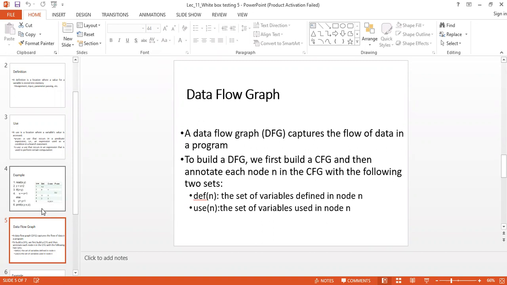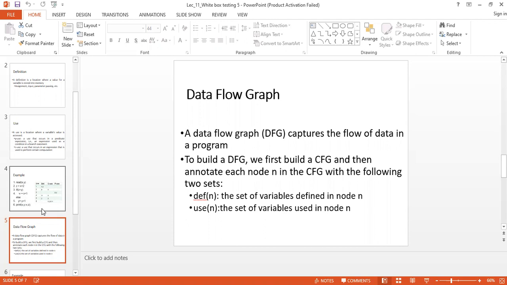So in order to develop a data flow graph, you have to develop a control flow graph. Usually it's very easy to develop the control flow graph.